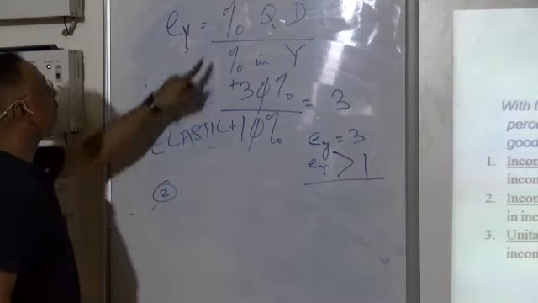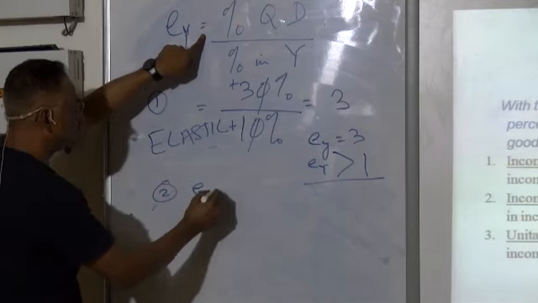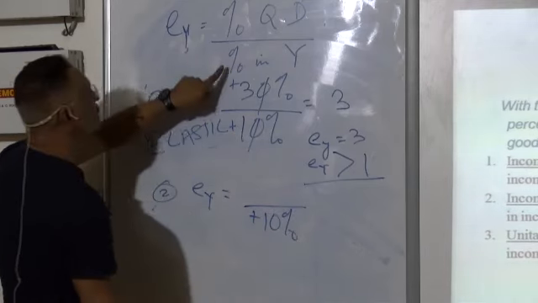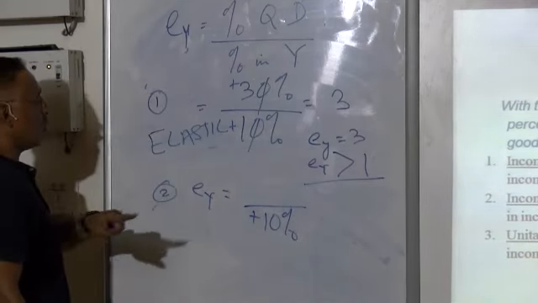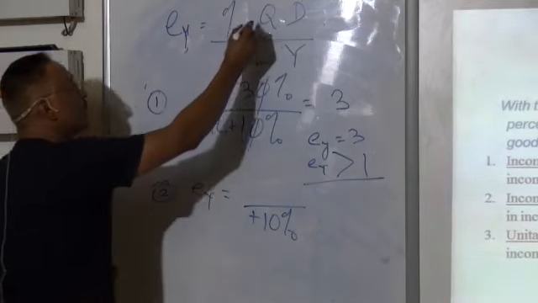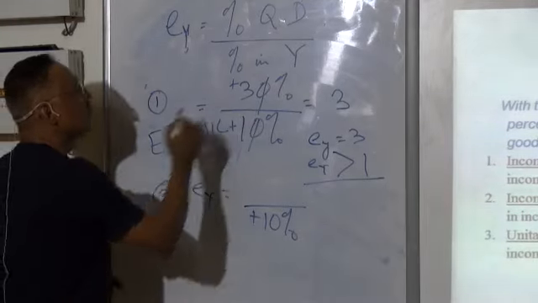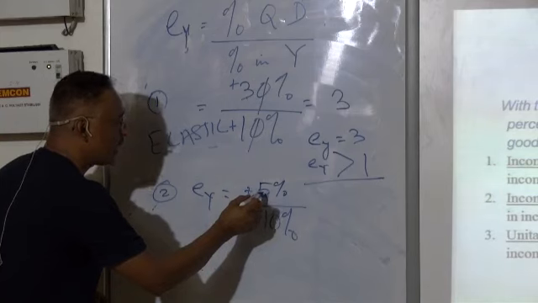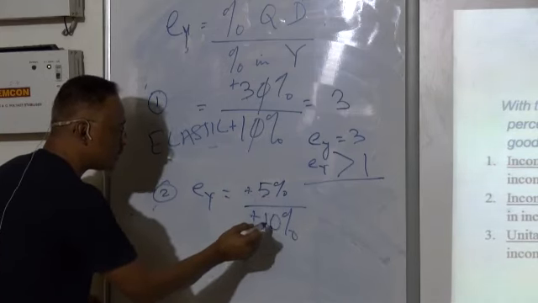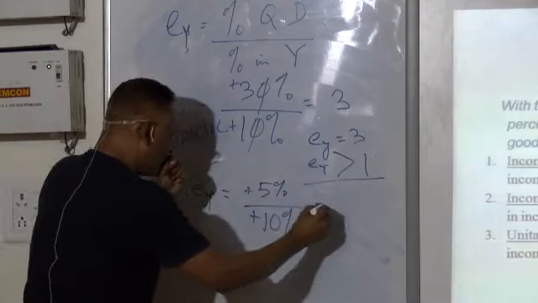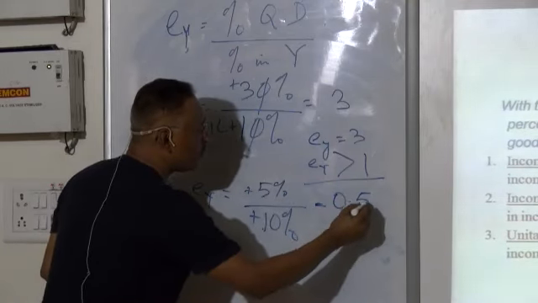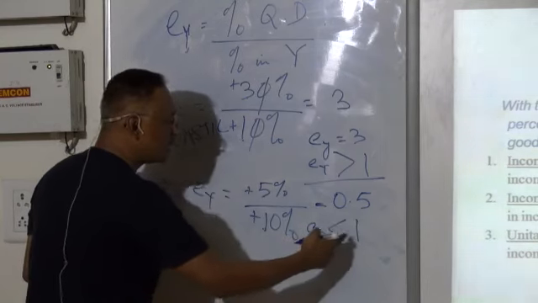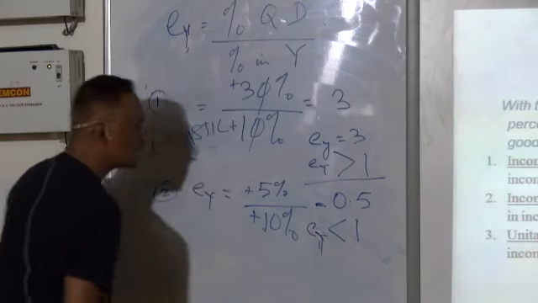Second one, same formula, but the change is your income increases by 10%. When your income increases by 10%, your quantity demanded will also increase, but the increase is not 30%, it is just 5%. The increase in the quantity demanded is less than the percentage increase in the income. What do we have here? 0.5. EY is less than 1. If EY is less than 1, it is